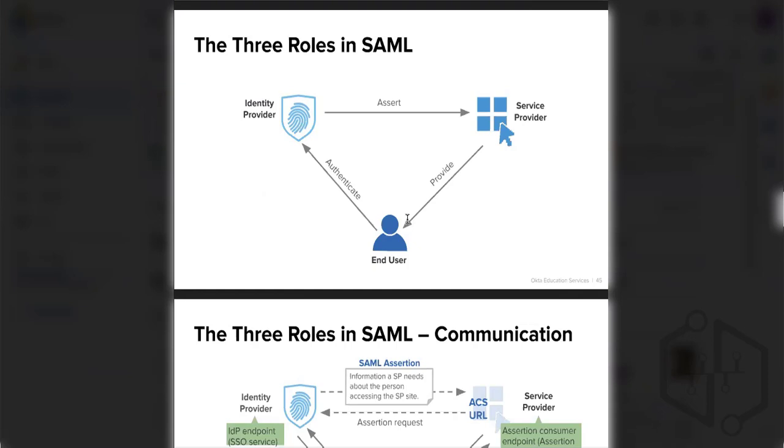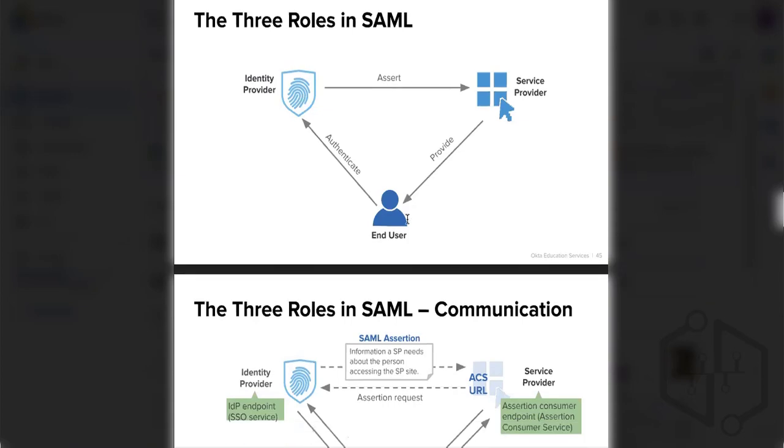What is service provider initiated? You directly go to the particular site. You go to the username and password fields, or maybe there will be a button called login with SSO. You click on that, then it redirects you to Okta. If you are already signed in, it doesn't show you another Okta login screen. If you are not signed in, then it will ask you to log in to Okta. And you will reach the particular application again. That is called SP initiated, because the service provider is initiating